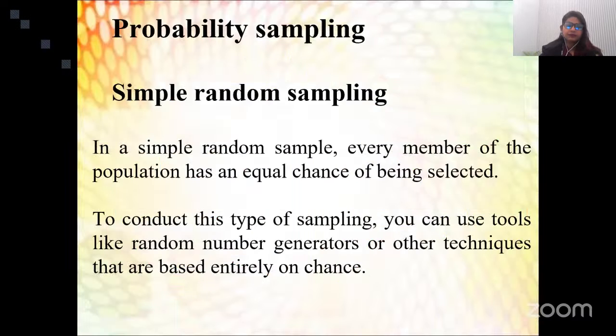So let's start with the very first sampling method, that is simple random sampling. Random sampling and simple random sampling are the same thing. In simple words, random sampling is when every member of the population has an equal chance of being selected. And in this type of sampling, we can use a tool